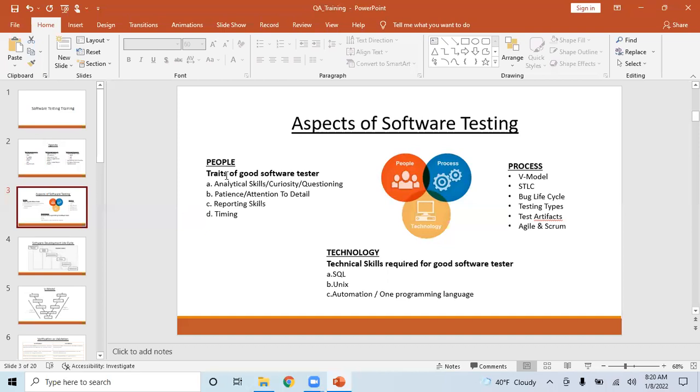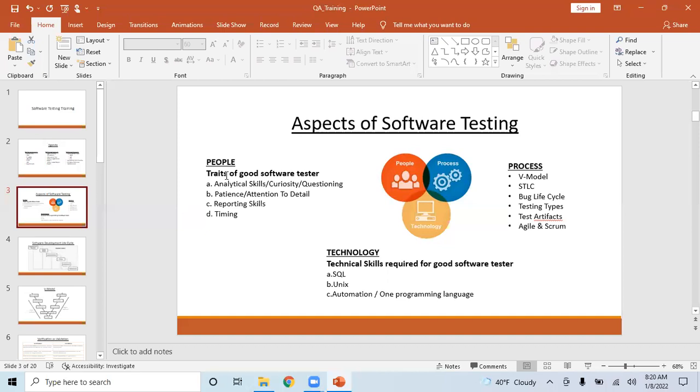Will you be able to talk confidently in the team? When you have team meetings, you have to ask questions. People also judge whether he or she asks questions in meetings, or if you have any doubts, whether you will just keep them to yourself or be vocal about what you want or whatever you don't understand. So these are all very important